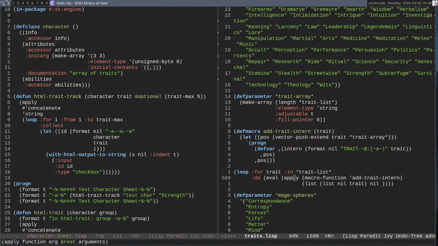That returns the code as a string, which I have to evaluate. This macro, instead of just pushing the thing into the array, so we're getting the trait, we're pushing it into the array, it returns the position.